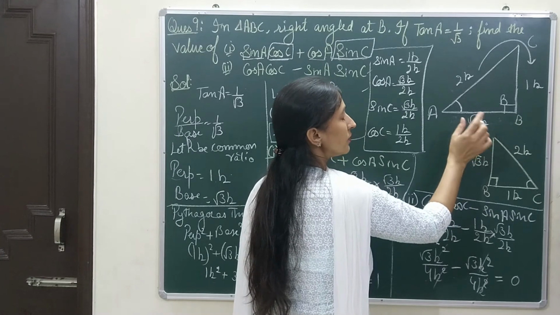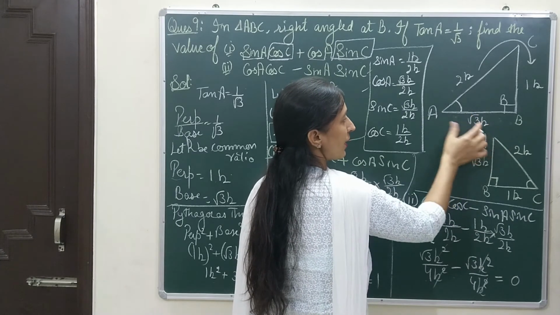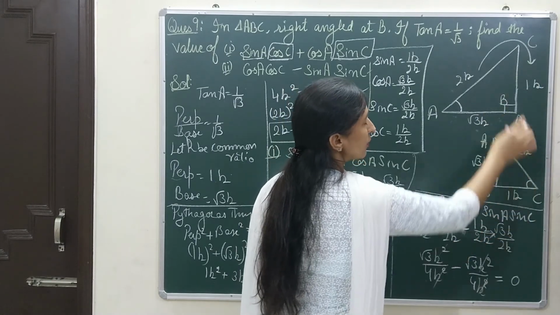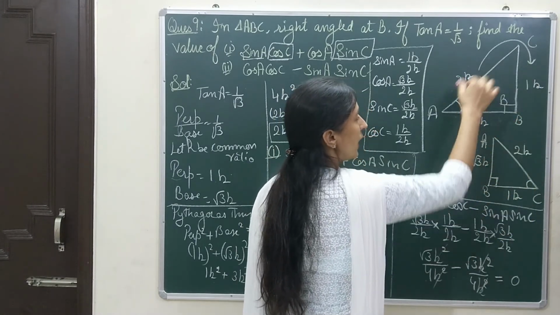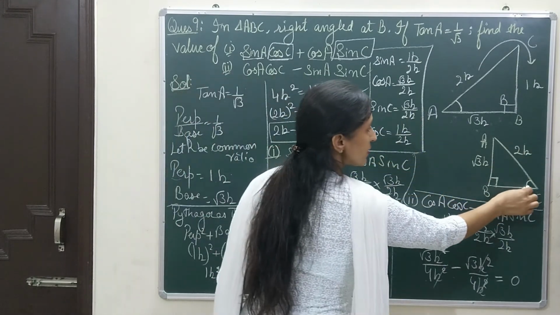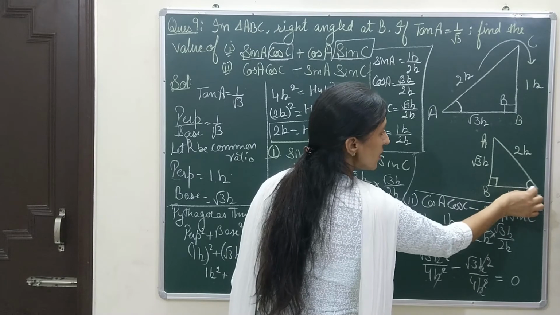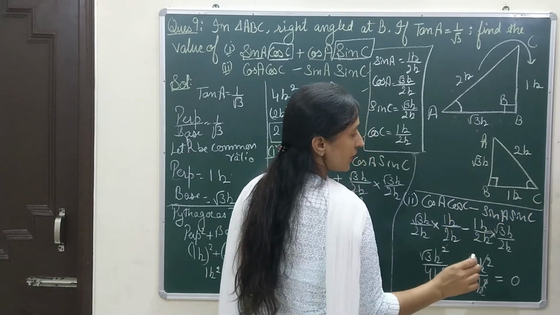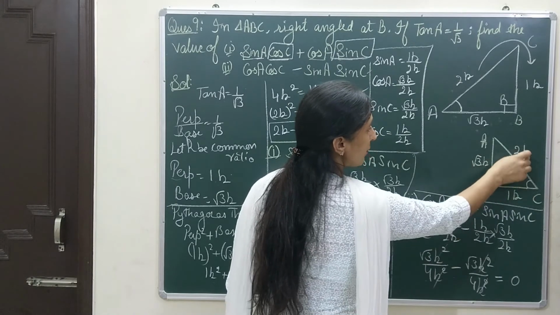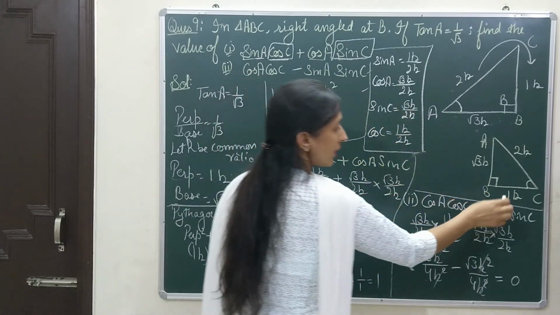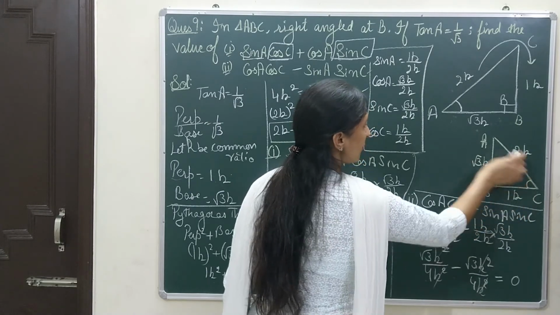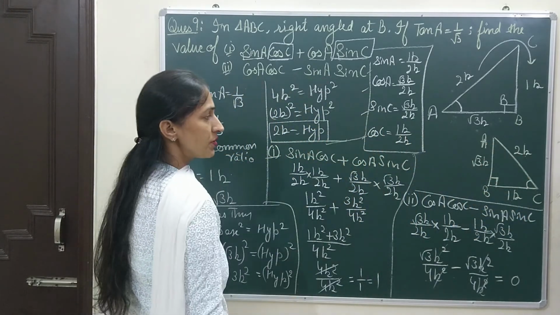The values will be as in the first triangle. AB is having the value root 3k, BC is having value 1k, and the hypotenuse is the same, 2k. So when I have turned it, C has come here on the base, so I can find sin C and cos C here. From here, sin C will be perpendicular by hypotenuse, which is root 3k by 2k, and cos C will be base by hypotenuse, which is 1k by 2k. So I have got the sin C and cos C values also.